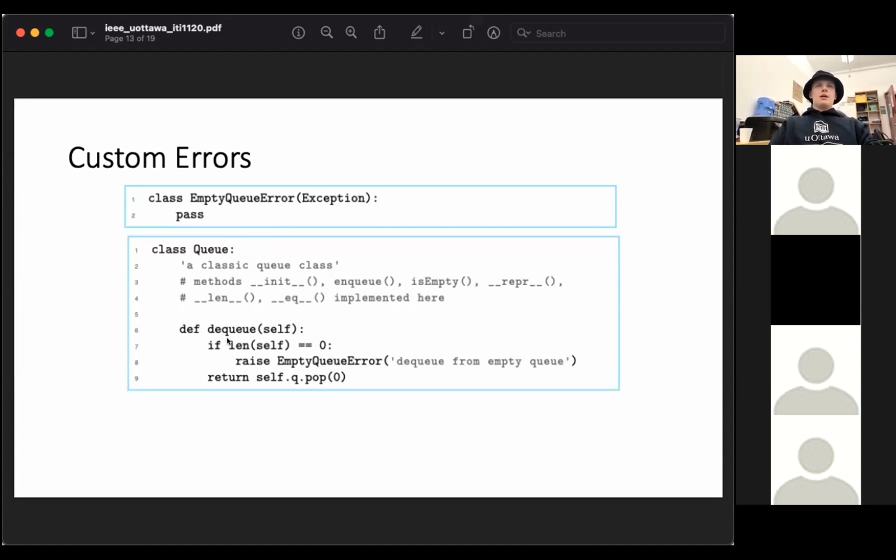And so here, if the length of your queue, or doubly ended queue, oh no, this is a regular queue, is empty, if the length is 0, then you could raise this error. Errors aren't returned. They're raised, and then you basically put the message that you want here. And this makes it a little bit easier to debug.